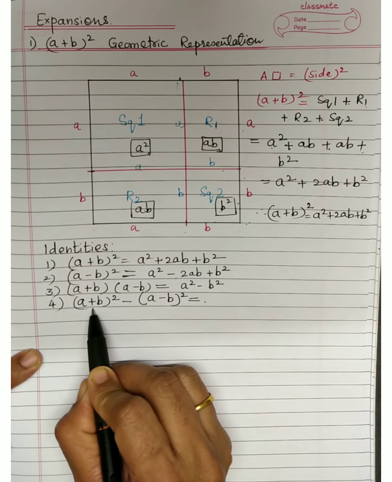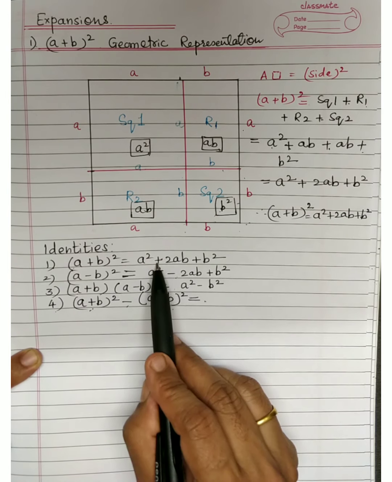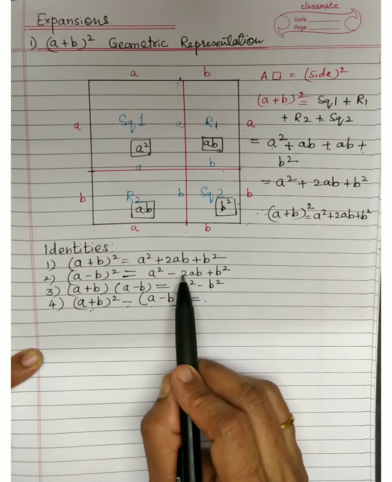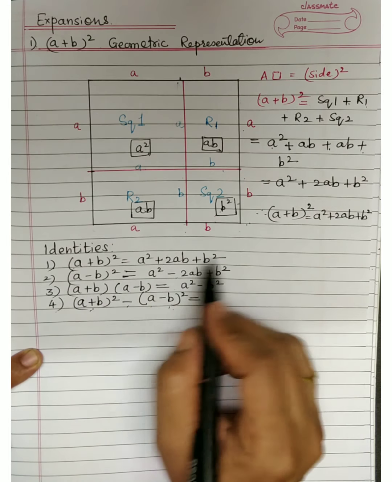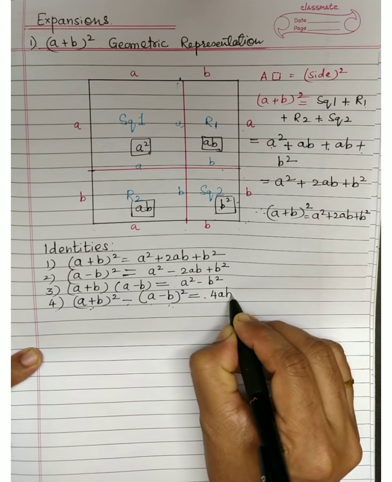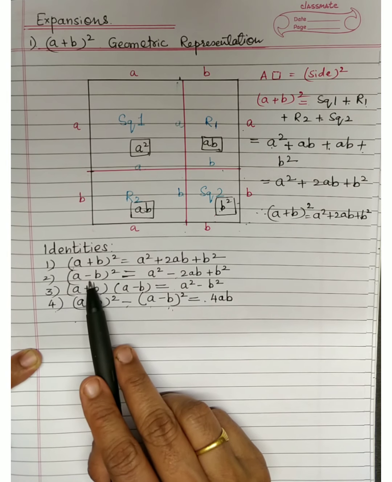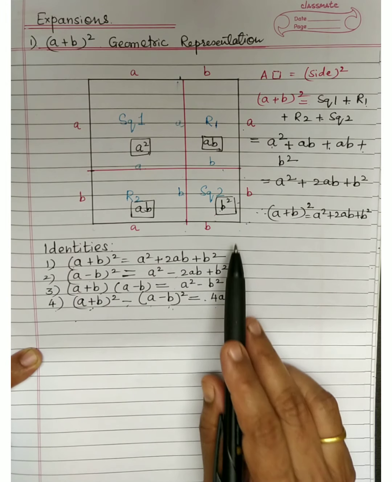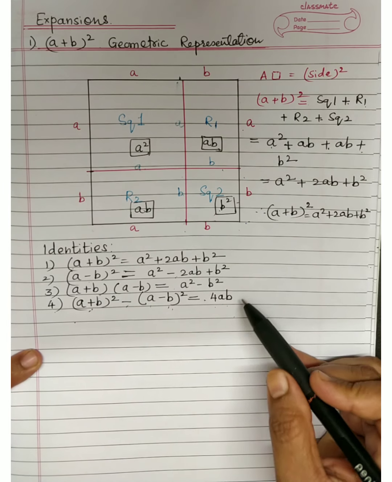And this you must not have studied much. (a + b) the whole square minus (a - b) the whole square. Actually, if you put the expansion in place of (a + b) the whole square, and similarly for (a - b), then you will get a very simple formula over here. The a² and b² terms get cancelled and the answer is 4ab. You can check all these formulae by multiplication of the brackets, so that you will be able to remember them very easily. Okay, so learn these 4 formulae.